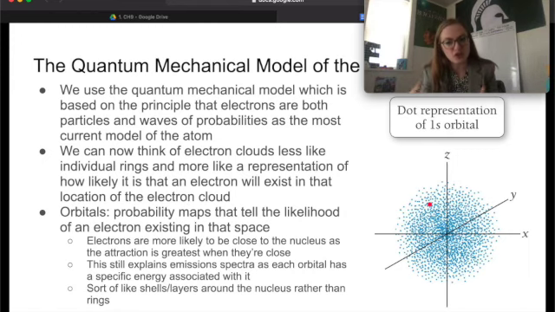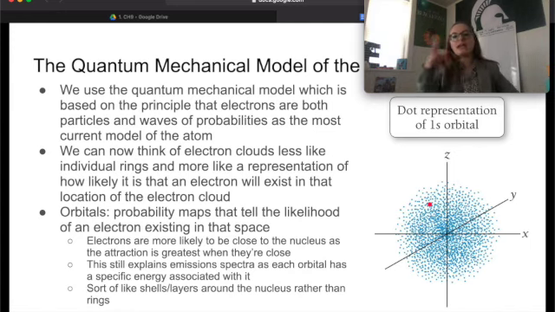This is really what makes it feel like a cloud to me: we consider all of the probable locations where an electron might exist around the nucleus. So rather than thinking of individual, separate rings that the electron has to stay in and orbit, jumping back and forth between those rings,